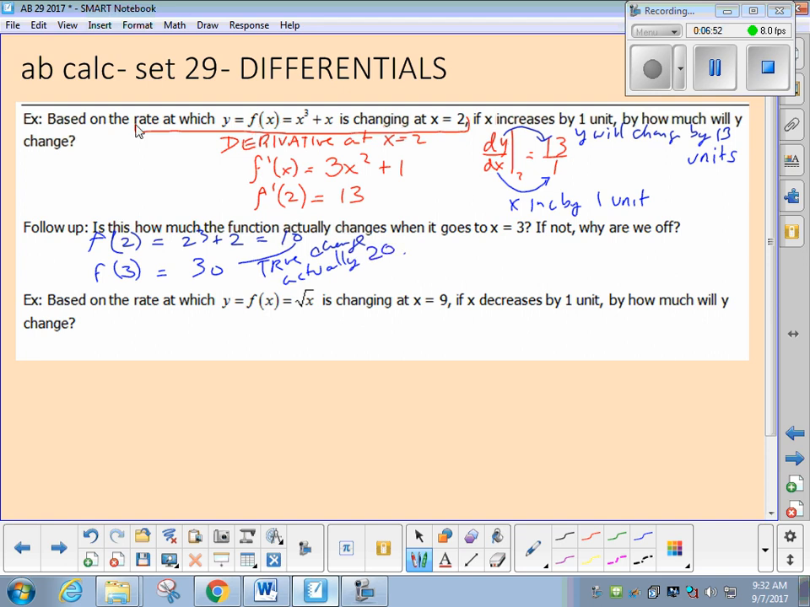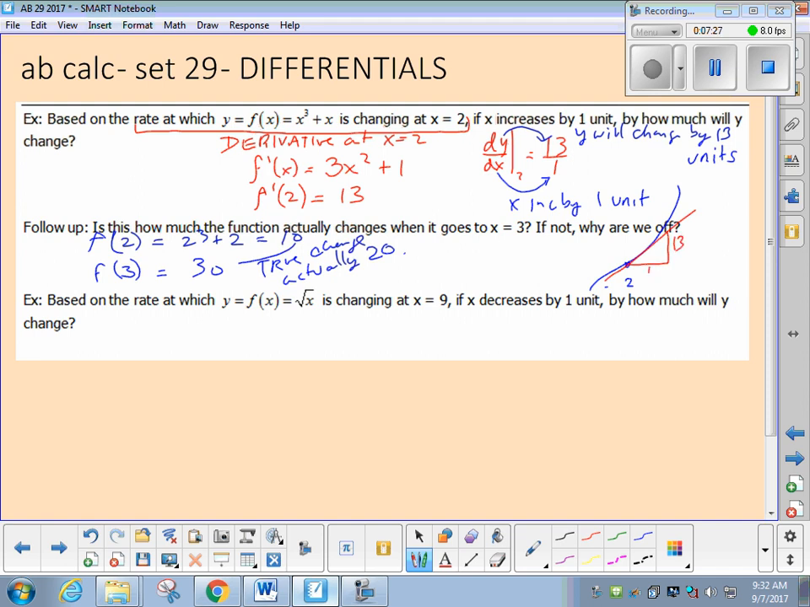So then that begs the question, why is that off? I expected it to change by 13 units when I went from 2 to 3. Instead, it changed by more. Why the error in my expectation of change? Think of a cube here. When I found the change at 2 and said, all right, I expect it to change